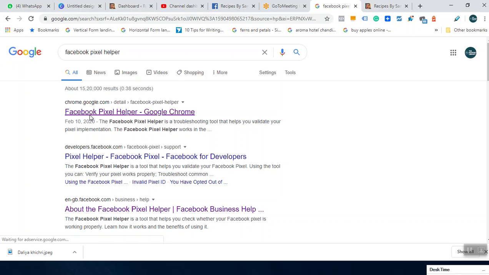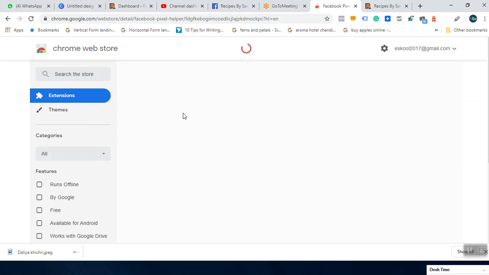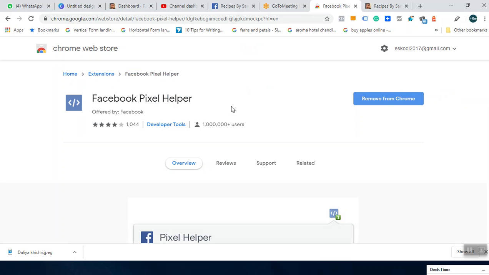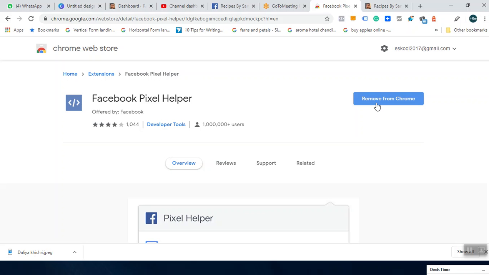The first result, which is from chrome.google.com, says Facebook Pixel Helper, Google Chrome. You have to click on this link, and this link will open the Chrome Web Store. And here it will give you an option. There is a tab, add to Chrome.